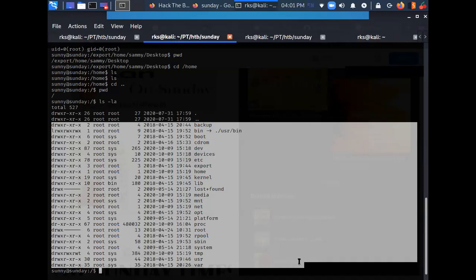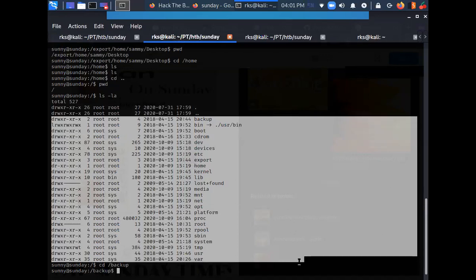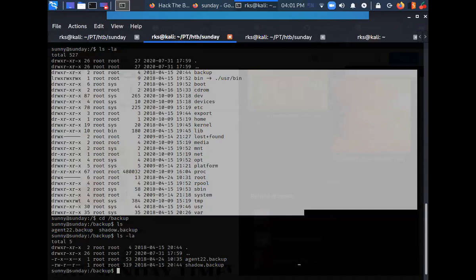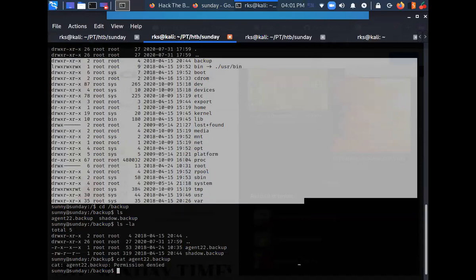Let's try to go to /backup. When I went to the /backup directory, I have something interesting here. It says agent22.backup, shadow.backup. Let's try to read them. Permission denied.